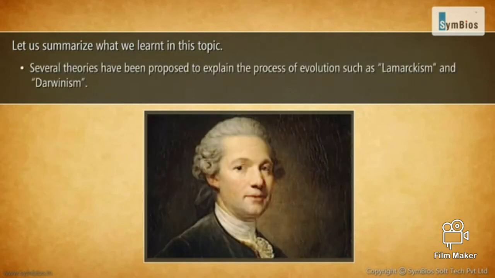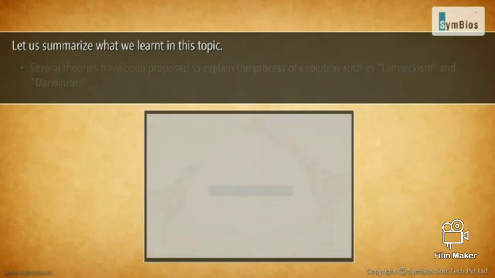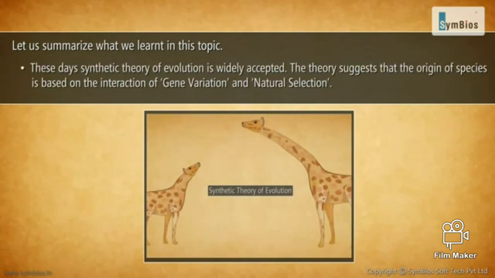Several theories have been proposed to explain the process of evolution, such as Lamarckism and Darwinism. These days, the synthetic theory of evolution is widely accepted. The theory suggests that the origin of species is based on the interaction of gene variation